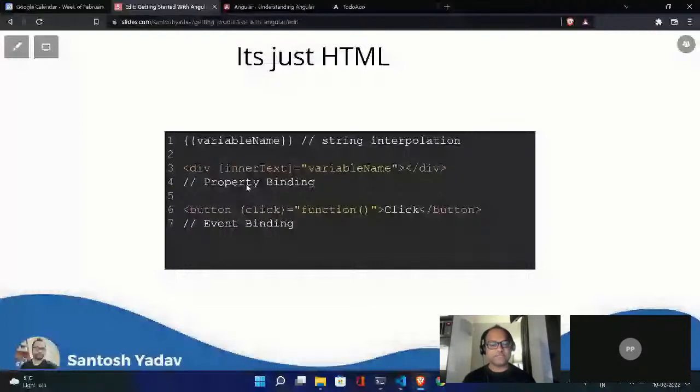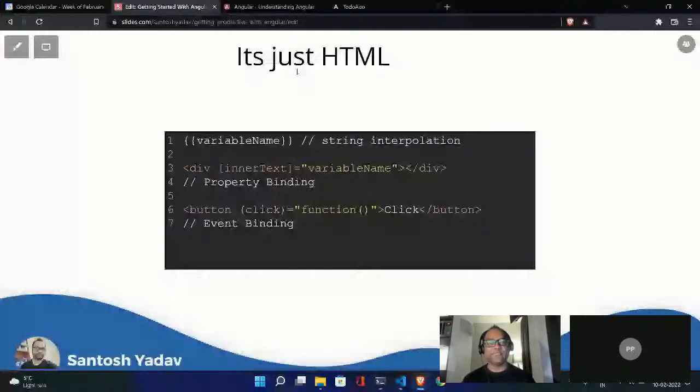For this example, I have used inner text. Inner text is a valid HTML property of div. Of course, you may say, I don't know all the properties. It's okay. I don't know all the properties either. It's something which we search for whenever we need to use it.